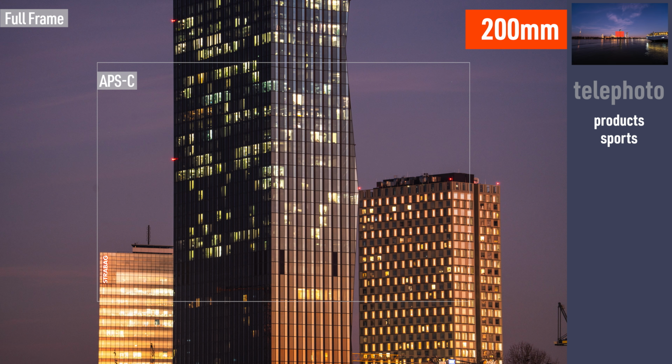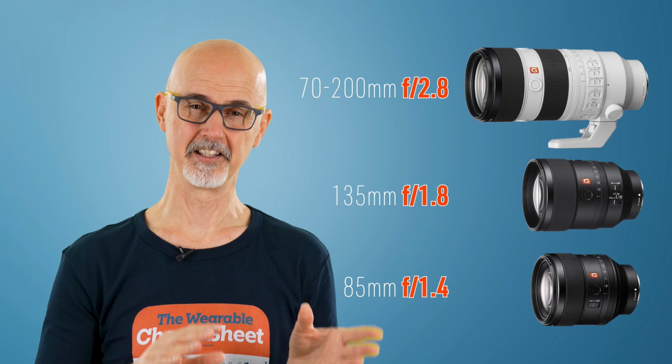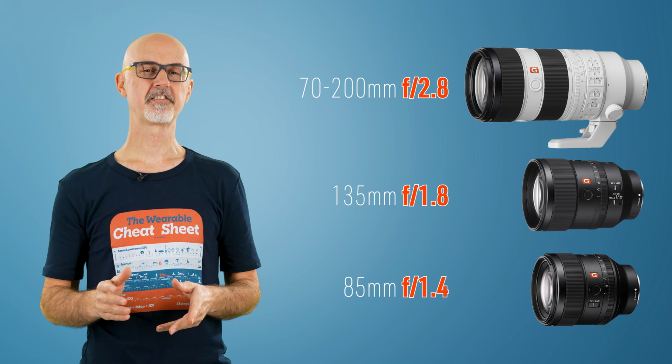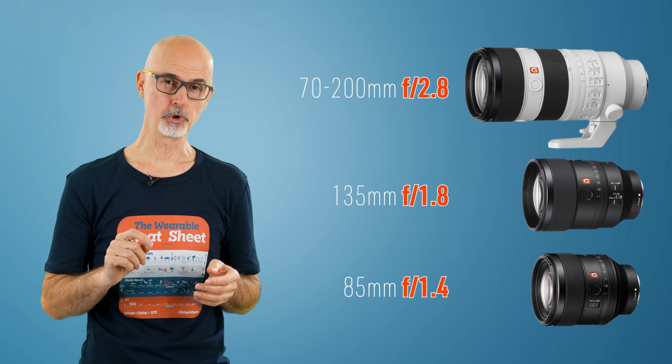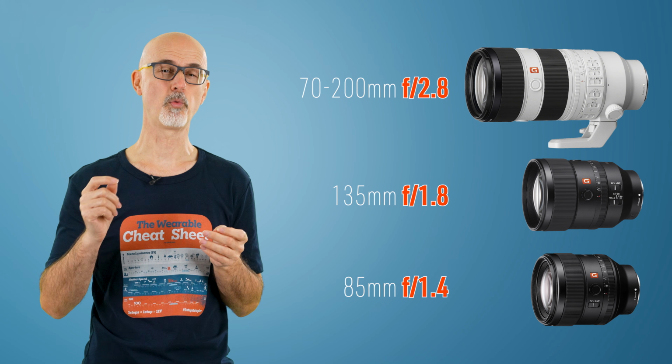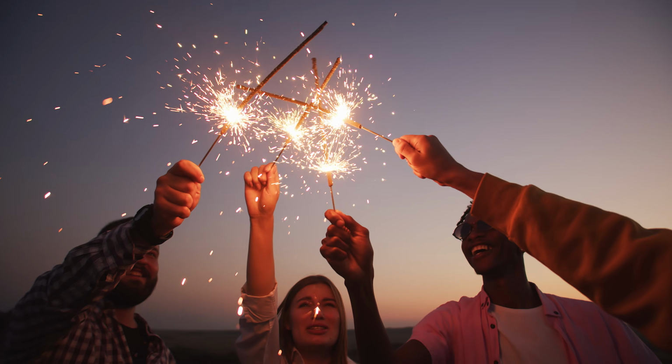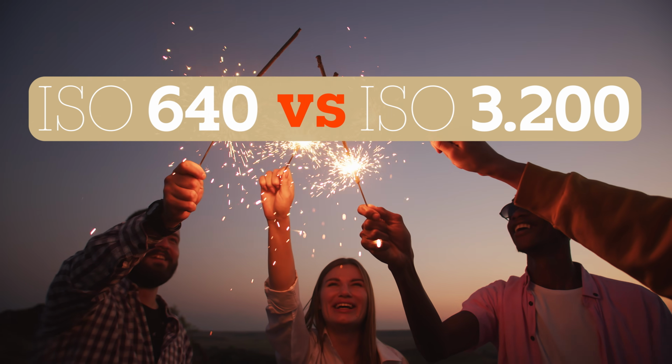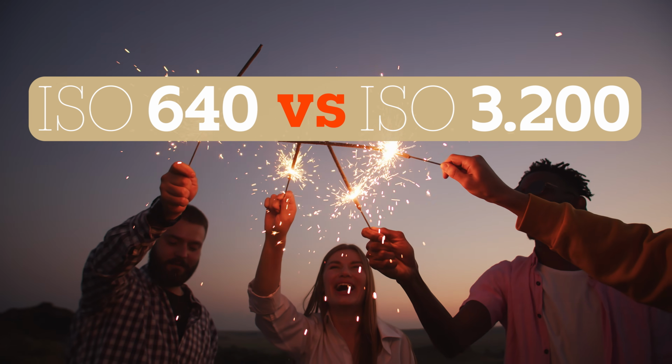Not a huge range, but therefore you get very high image quality, almost indistinguishable from prime lenses. Just remember that prime lenses still have that advantage of low f numbers. For example, at 85mm, the sports zoom fights with f2.8 versus f1.4 or even f1.2. In a low light environment, that could mean ISO 640 versus ISO 3200.